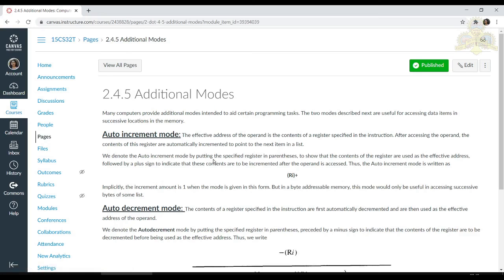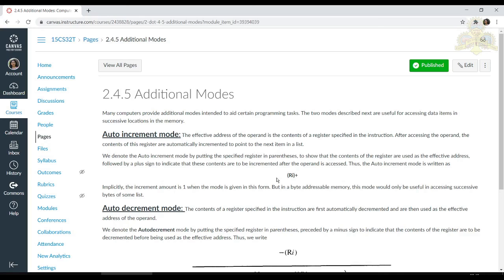What happens in auto-increment mode is the effective address of the operand is the content of a register. Here you first have to access the operand, that is the content of the register. Once you have accessed it, it would be automatically incremented to point to the next item.